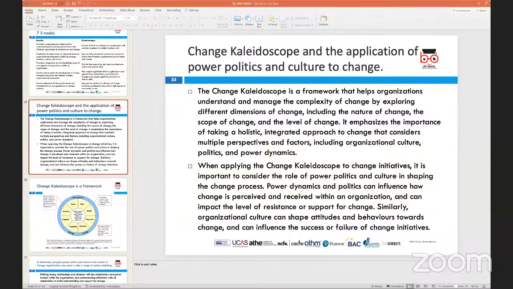So this particular model, if I look at kaleidoscope, let's say a kaleidoscope, when we talk about this as a toy that we've used,